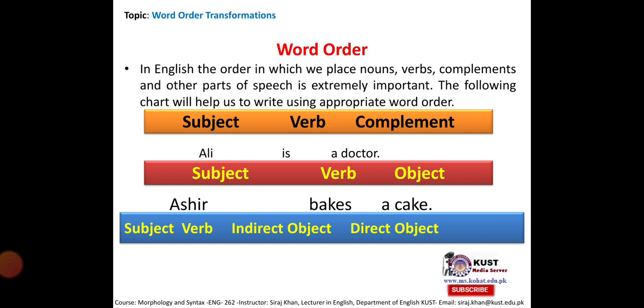Subject, verb, indirect object, direct object. Another structure, we can have double objects, direct and indirect objects, in a sentence, like I bought you a pair of earrings. Now here I is the subject, bought is the verb. We are having an indirect object here, you, and a direct object, a pair of earrings. Other examples: